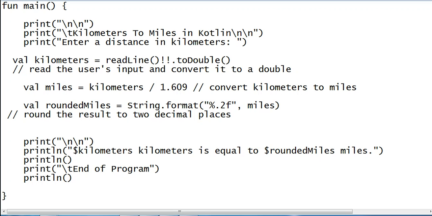So in this video, I will discuss how to write a program that will ask the user to give distance in kilometers, and then our program will simply compute or convert the given kilometers into miles equivalent using Kotlin